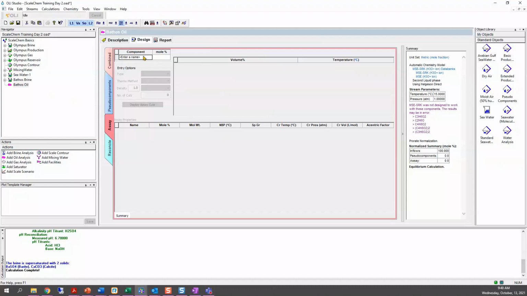Okay, the first step is to give it a name. So in here you will enter what it says component and the mole percent. Enter the name for this oil, and we will name it assay. Let's enter the name ASSAY here, let me put it all in capital letters.